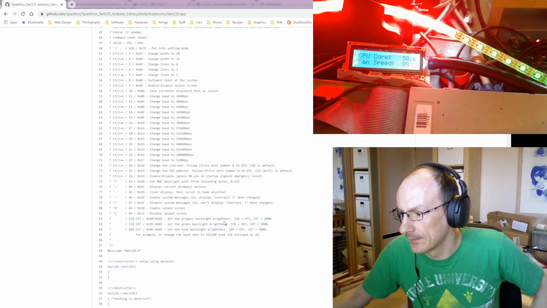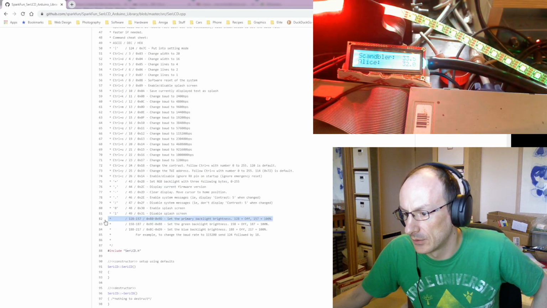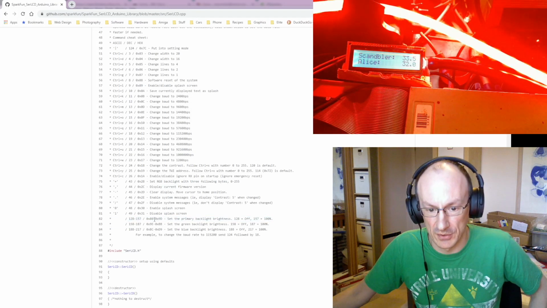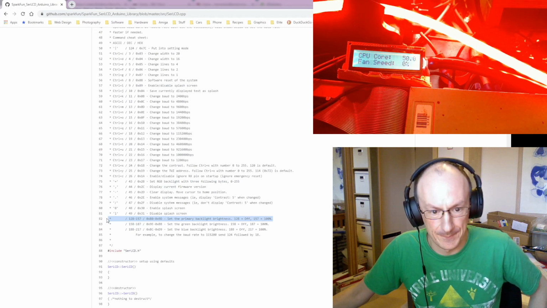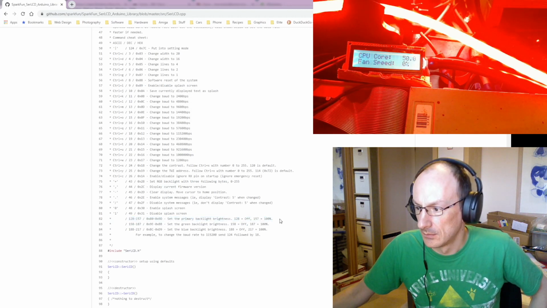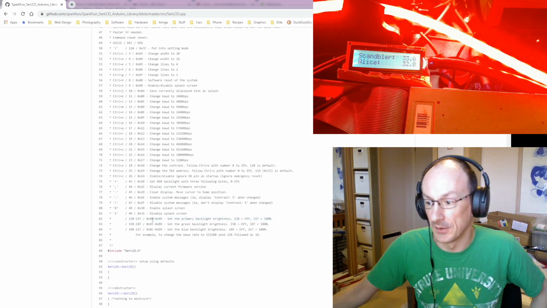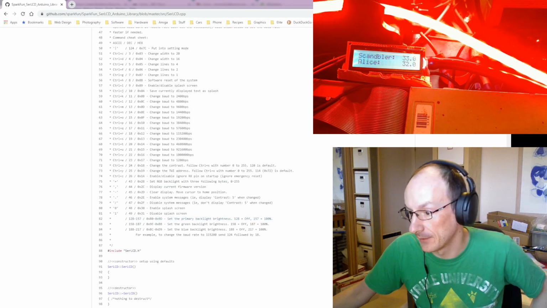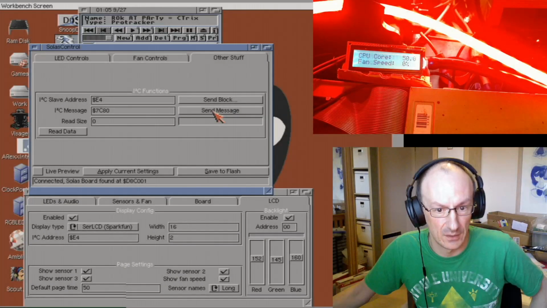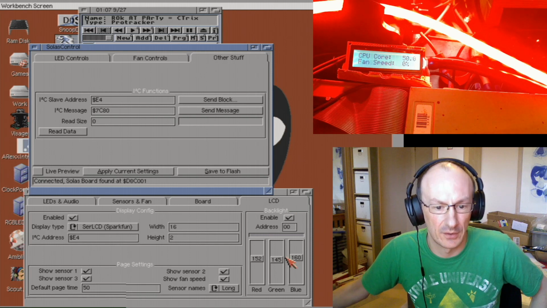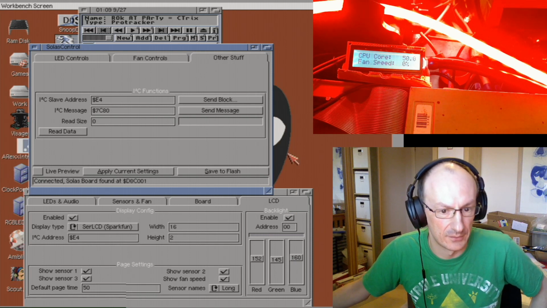So this says set the primary backlight brightness. Now, does this mean also set the red if it's an RGB display? Maybe this is just a hangover from a single color display. But it's weird that you have both commands working the same way. But let's bump it up to the maximum and just see if that actually does make it any brighter. So we were at kind of roughly even things, weren't we? Oh yeah, no, we're kind of around the middle. So what we'll do is